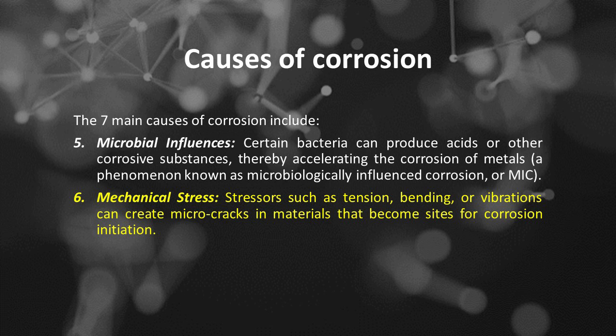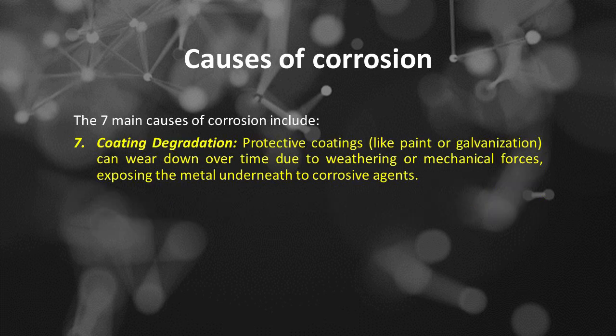Number 6 is called mechanical stress. Stressors such as tension, bending, or vibrations can create microcracks in materials that become sites for corrosion initiation. Number 7 is called coating degradation. Protective coatings, like paint or galvanization, can wear down over time due to weathering or mechanical forces, exposing the metal